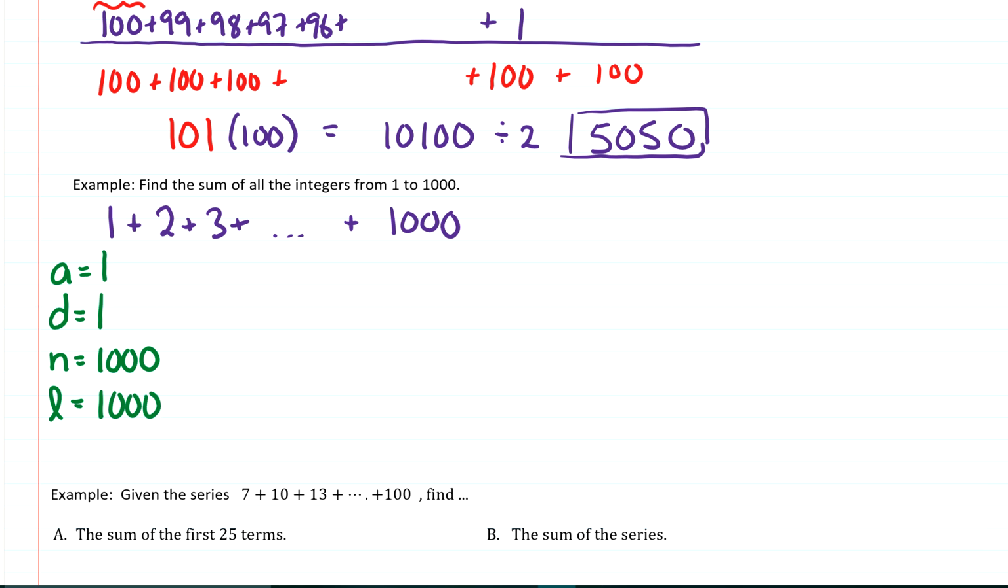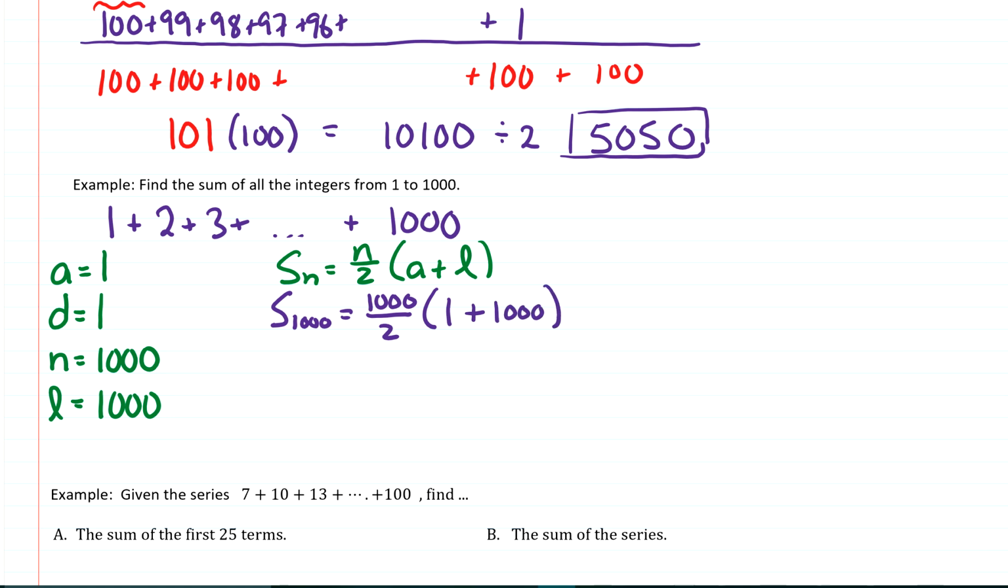So you could really use either of the formulas, and I'm going to choose maybe the easier one to work with, which would be the sum of the n terms is n over 2 multiplied by A plus L. So if I plug my numbers in for this, I'm going to be finding the sum of the first 1,000 terms, which would be an n value of 1,000 divided by 2 multiplied by my first term of 1 plus my last term of 1,000. And so if I work this out, I'm going to get 500